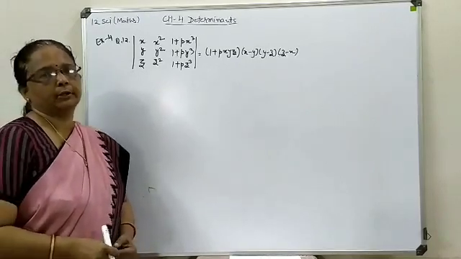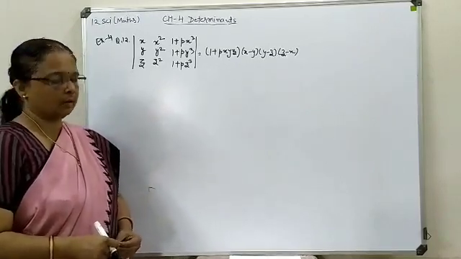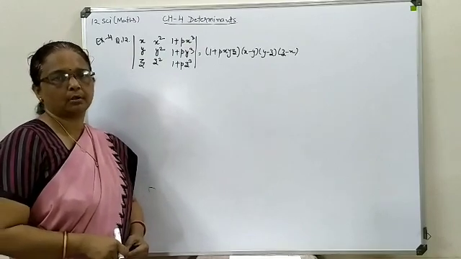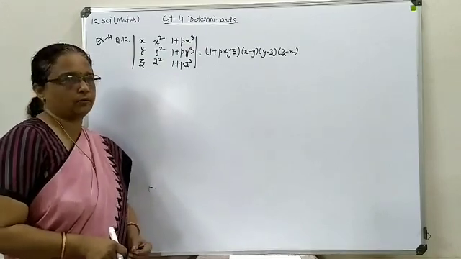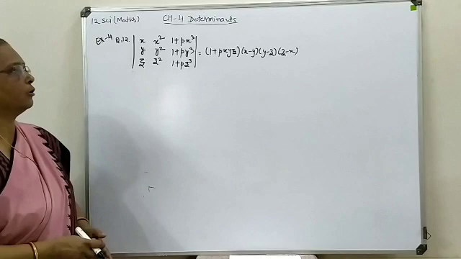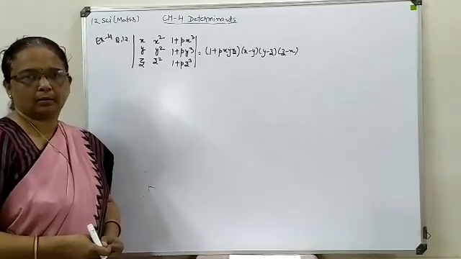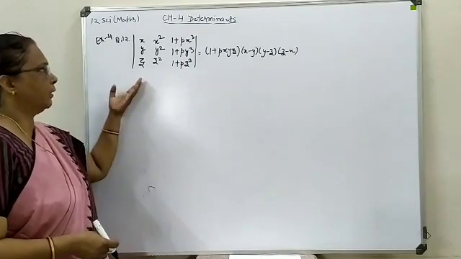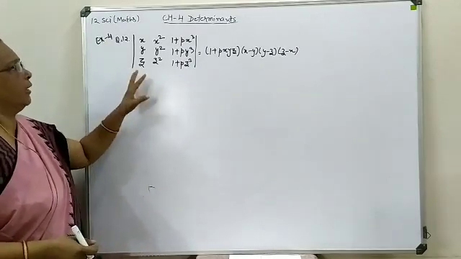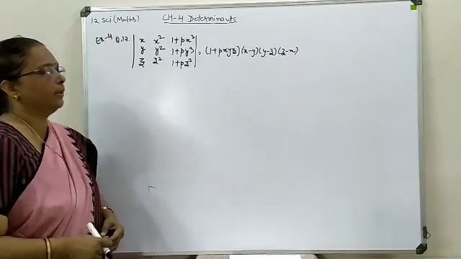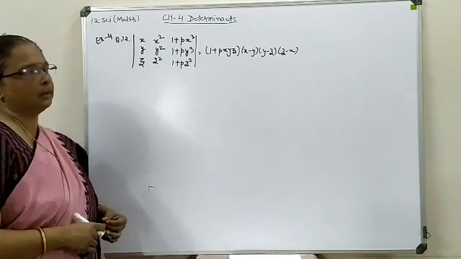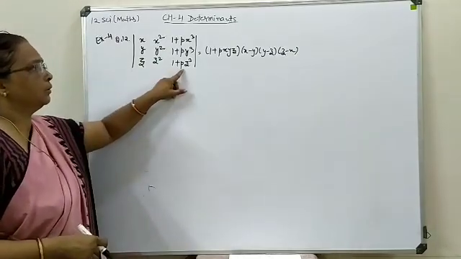In continuation of the last class, let's discuss some more questions from Exercise 4. Now here we are having question number 12. This question was asked this time in the board exam. Now here we are having again combinations with the x, y and z variables with one more term, that